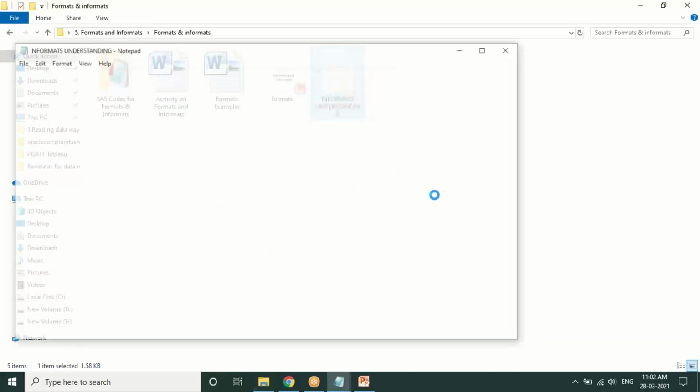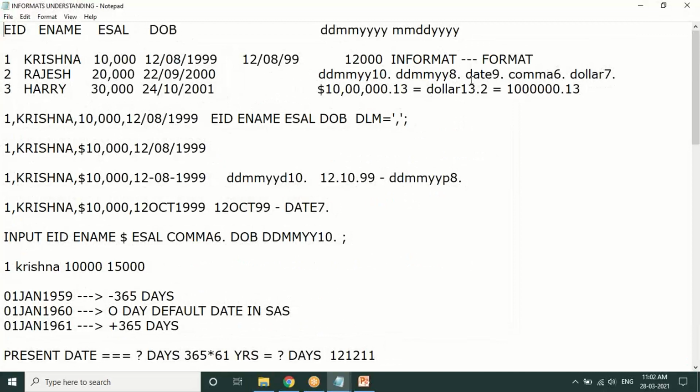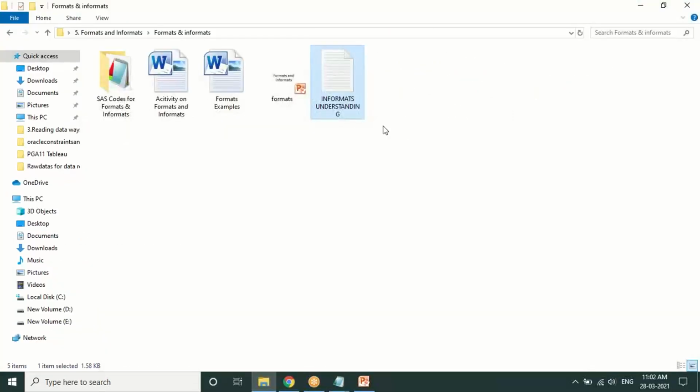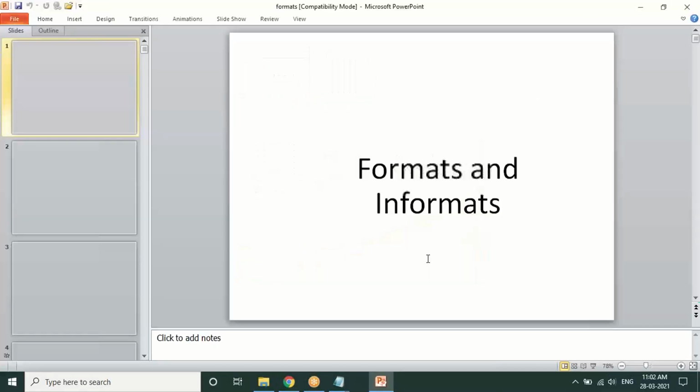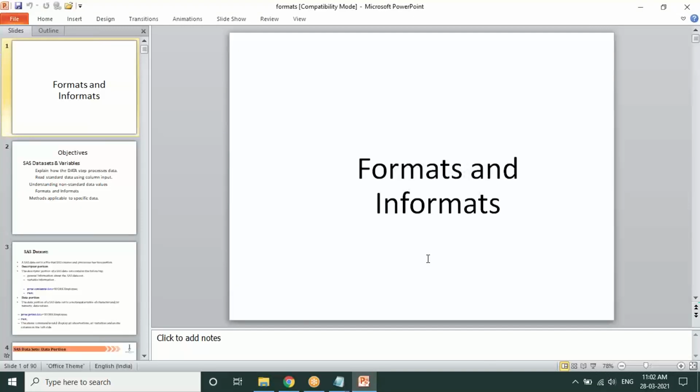So the next topic we have is called formats and informats. This topic is a little bit heavy and has many things to understand. Please try to concentrate. If you need a break, you can take a break for a few minutes and come back. It's a bit lengthy topic.